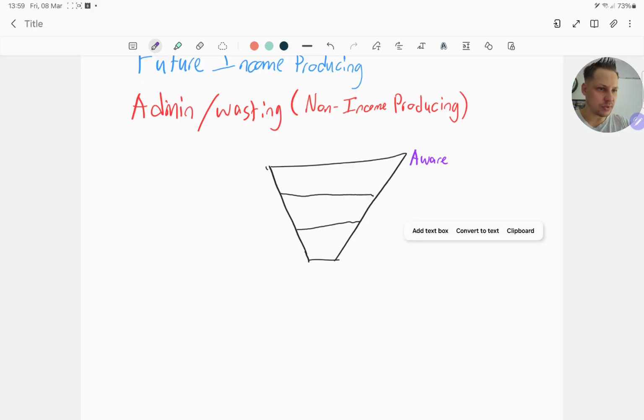After becoming aware, these people become interested in what we have. Once they're interested, they move lower in the funnel to a point at which we present our offer, our service or our product, to them. And we eventually get to a point at the end where we close them, and we benefit from the money that we make.